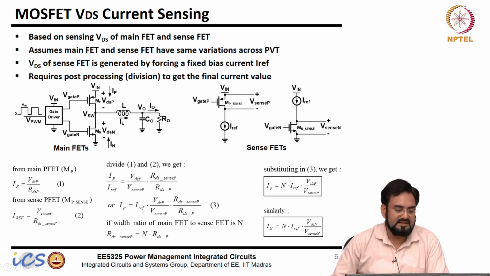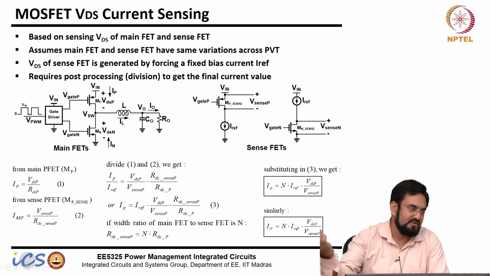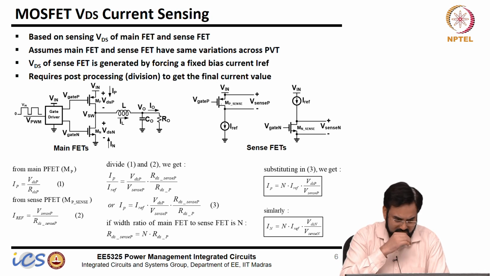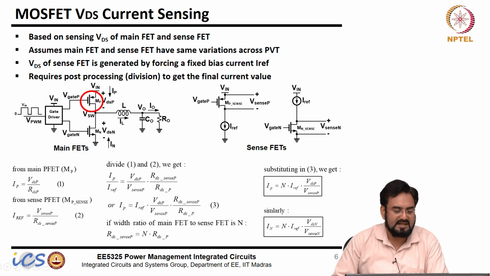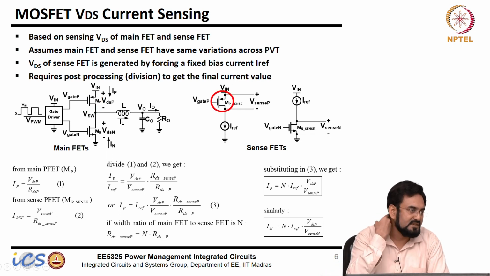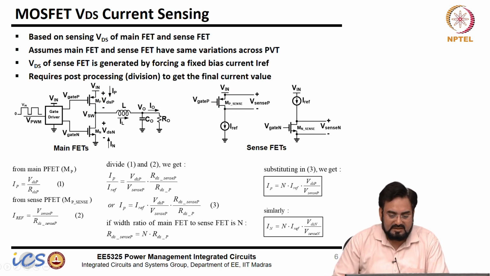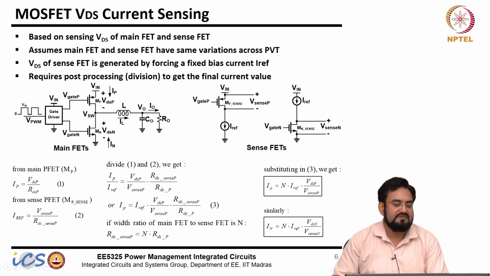Okay, so let's say 1000 times, then it will be 1 unit. So 1 is to 1000 or 1 is to 10,000. If I want to generalize it, I will call it n times larger than this. So I have this standalone, and I am feeding a current IREF. When this is turned on, this gate is driven by the same voltage as this.